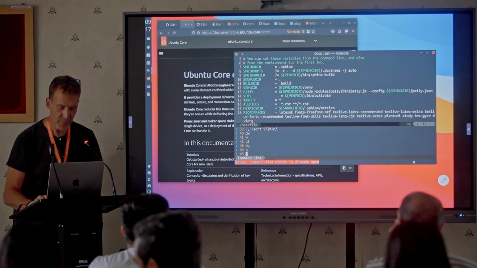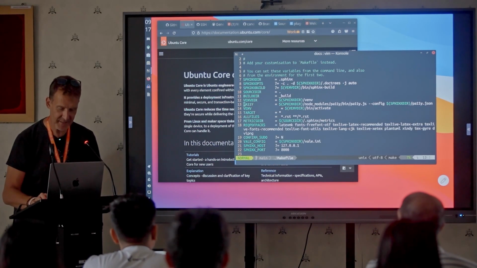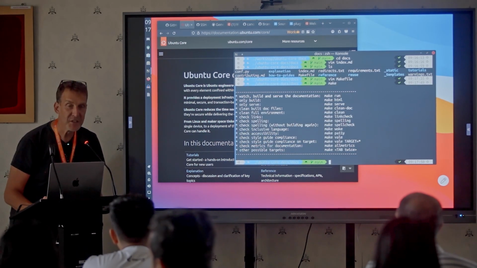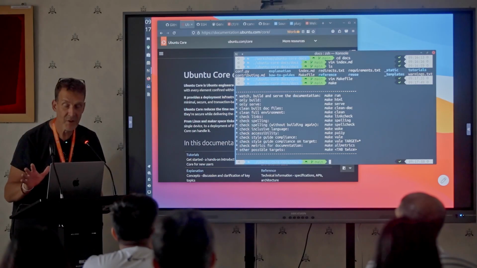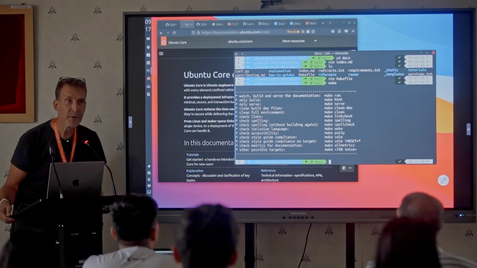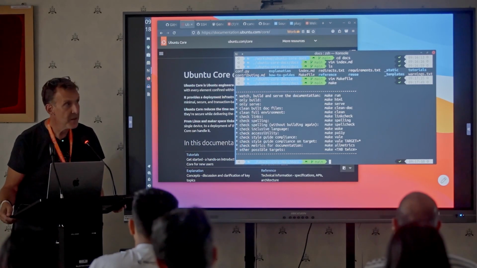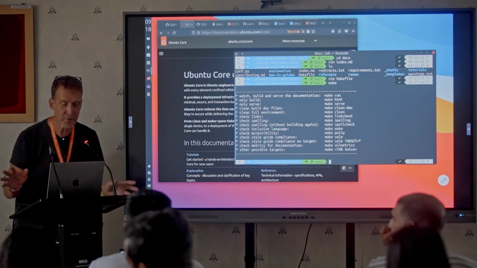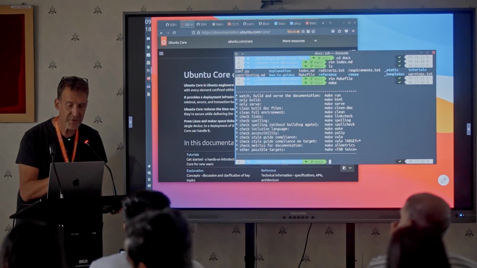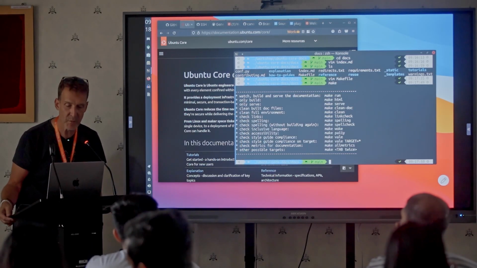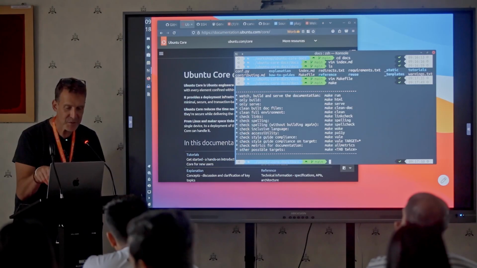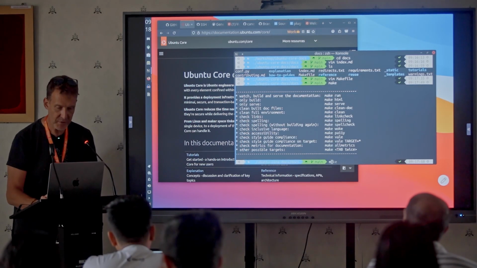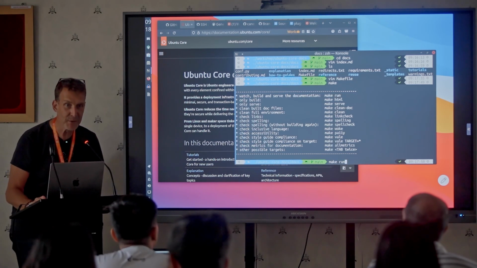We've put all of the docs functionality into this makefile. If you type make, you can see all of the things that our documentation makefile supports. And this is completely open source. If you are interested in building some documentation for your own project, then I highly recommend using our starter pack, which is what this is all from. You can copy it, it's open source, and you immediately get this build system and the same kind of professional output from all of the docs that you're working on. You can see here, we can do spelling checks, inclusive language checks, accessibility checks, but what we can also do is make run. This builds the documentation,